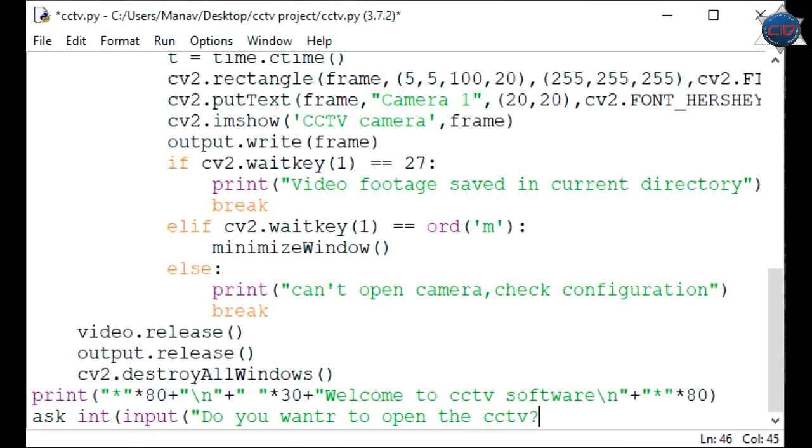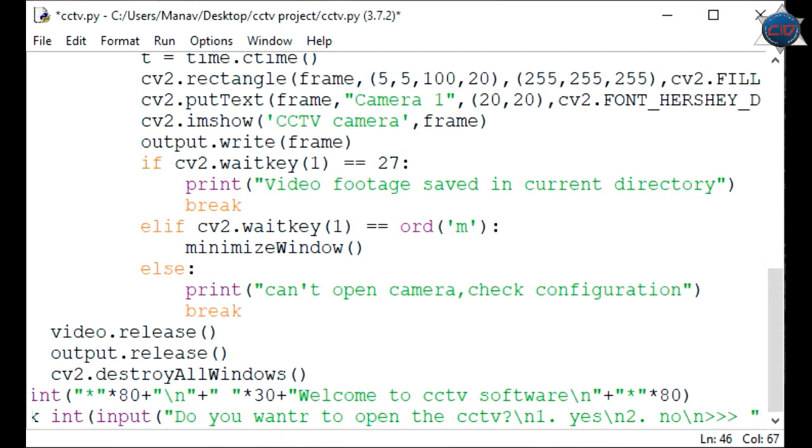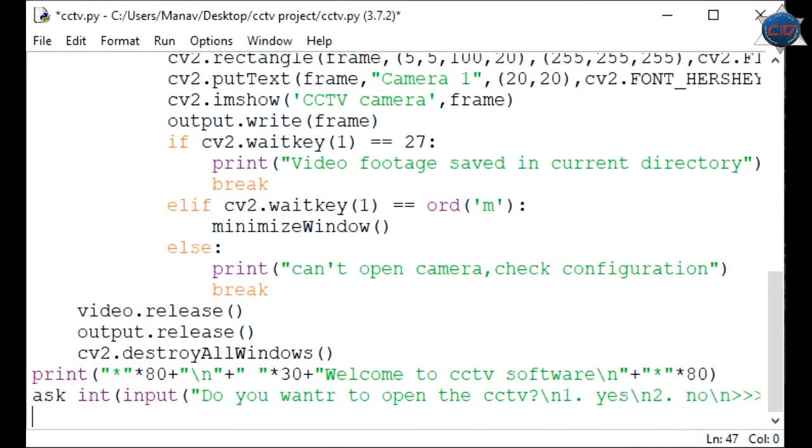Okay, that's it, and it will show like I'm passing it /n. First is S and /n, second is no. Okay, we have done. And now after this we can make some designs here, and now close the things.